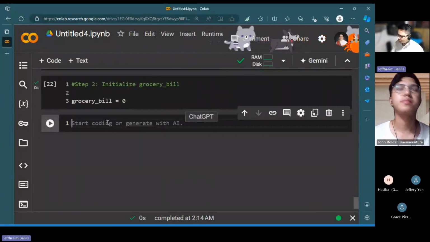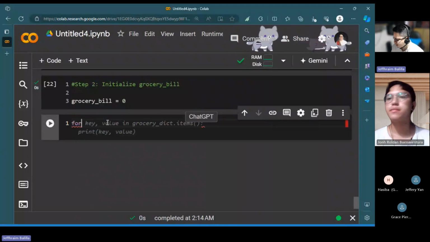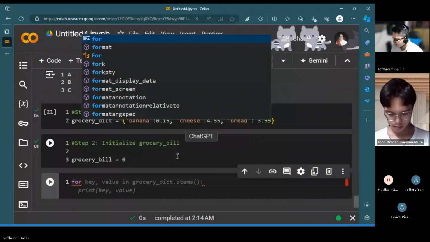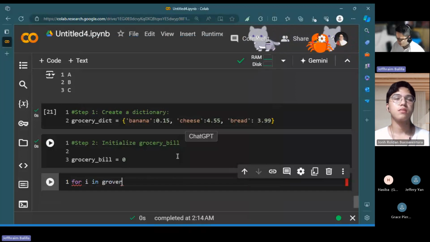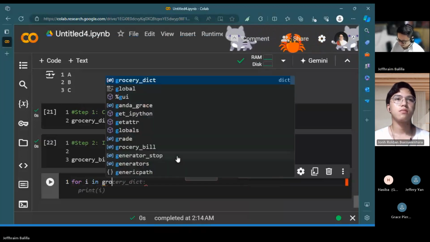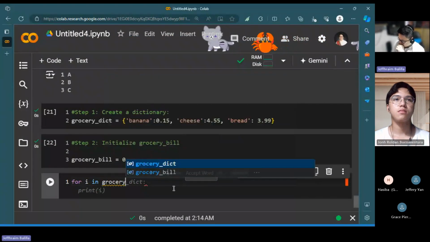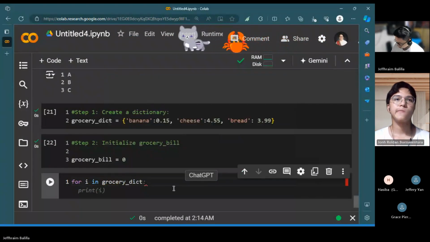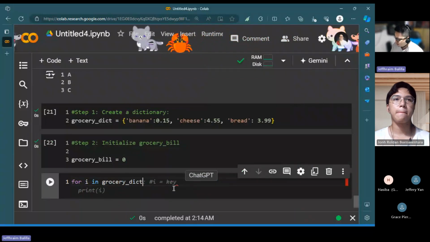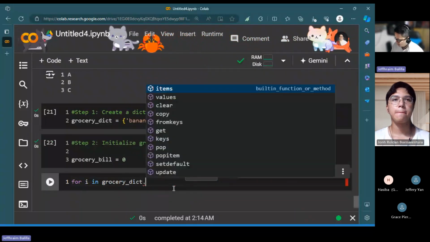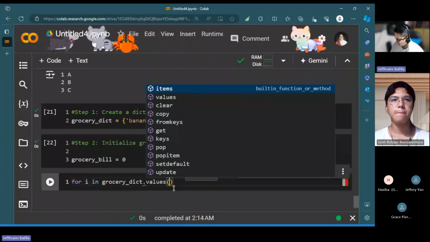So we have for i in grocery. What I want to get would be the values, right?